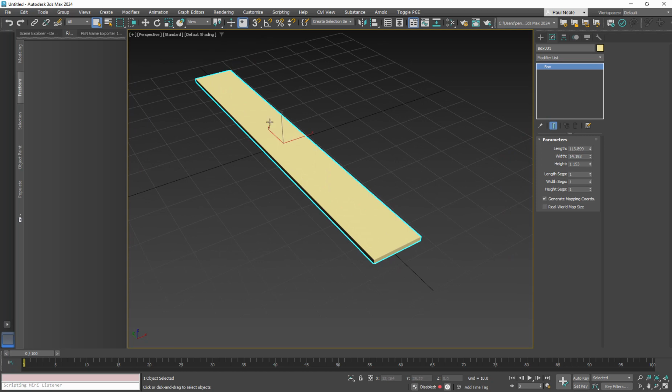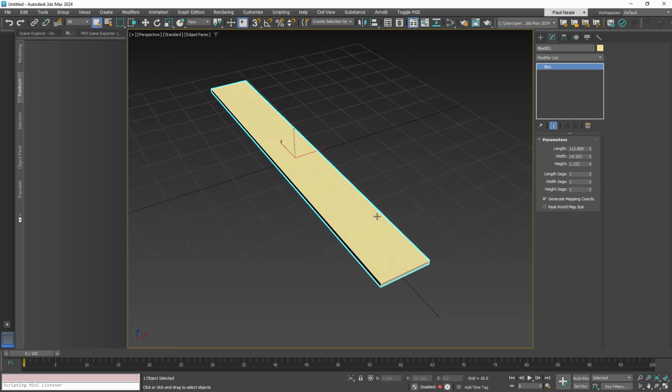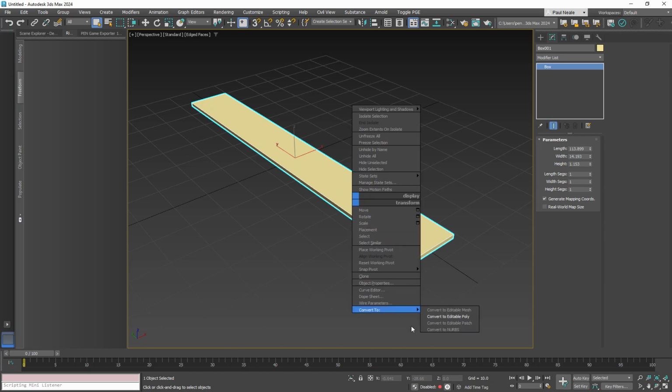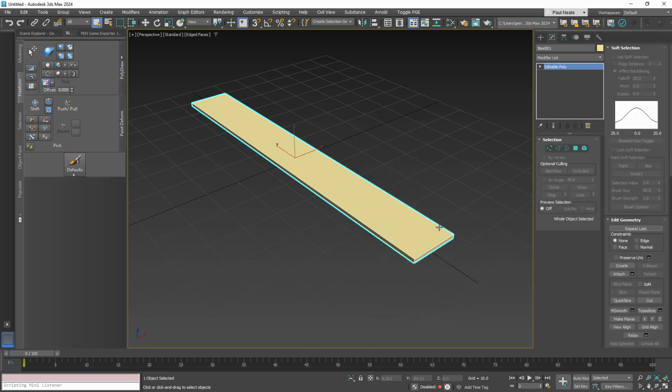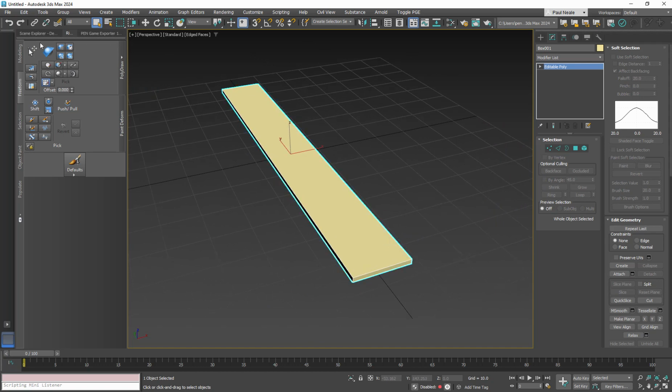You'll notice that I don't have any major segments in it. I'm just going to leave it as is, and I'm going to add them as necessary as I go. So I'm going to collapse this right away in this case. There's not going to be any major procedural modeling going on here. I'm going to drop this down to an editable poly and make sure that we have our poly tools open